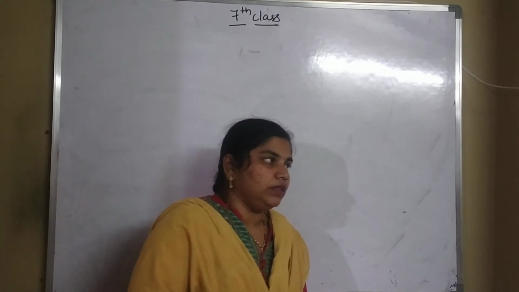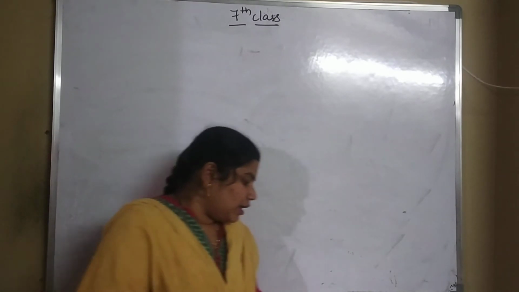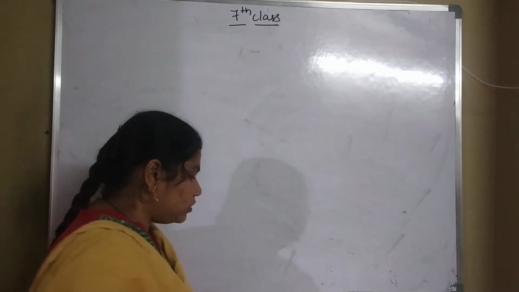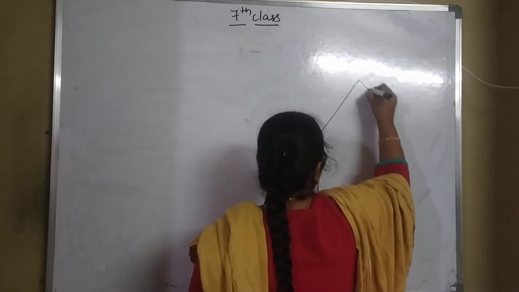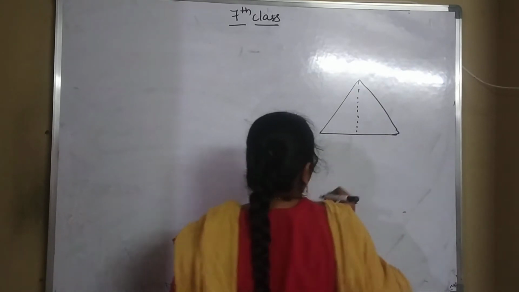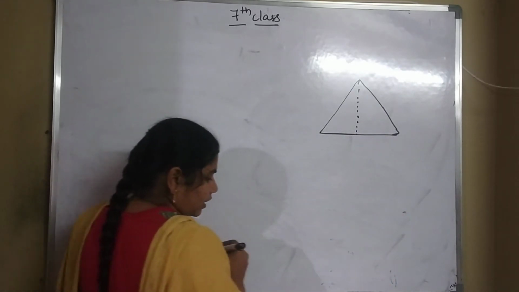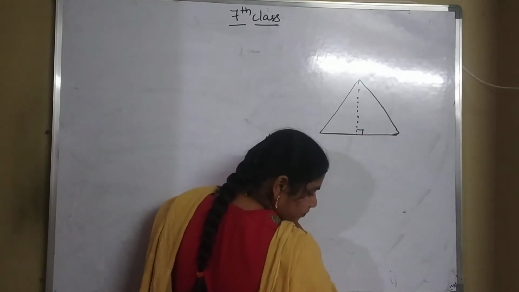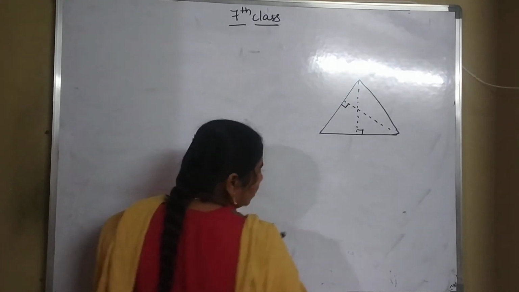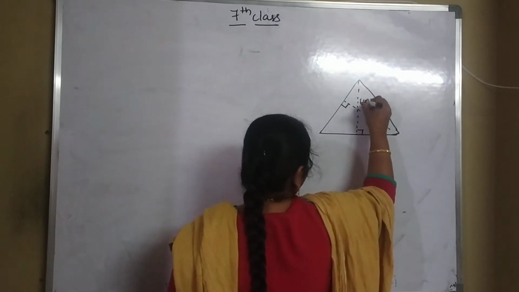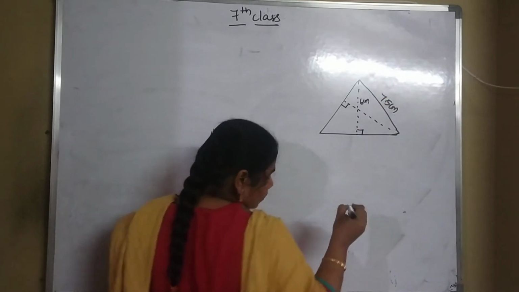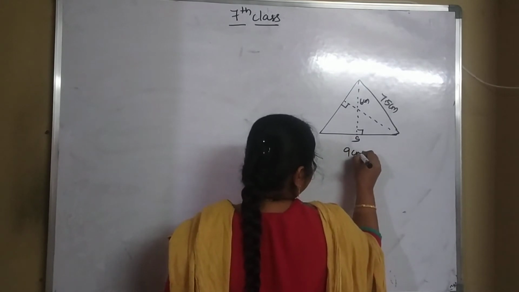So first we have to find the area of triangle PQR. Then we have to find RT side. Okay, so we have to find RT also. So first draw a triangle. So this is an isosceles triangle, in that two sides will be equal. Okay, so which two sides are equal? We will see. This is a perpendicular line, and from here one more perpendicular line is there. This height is 6 centimeters and this is 7.5 centimeters. Yes, and this side is 9 centimeters.